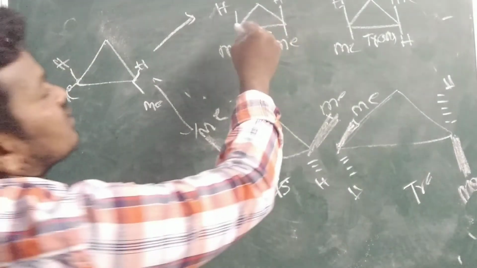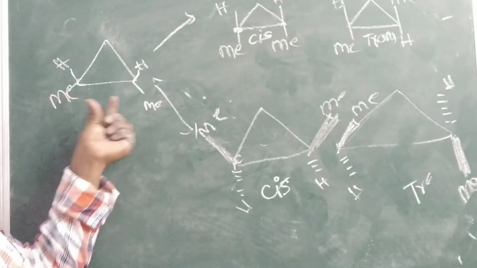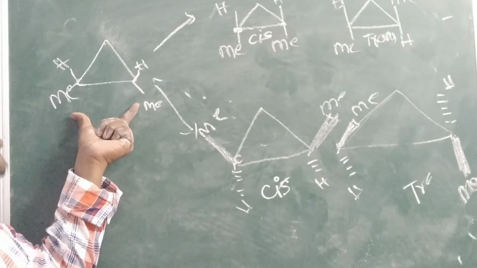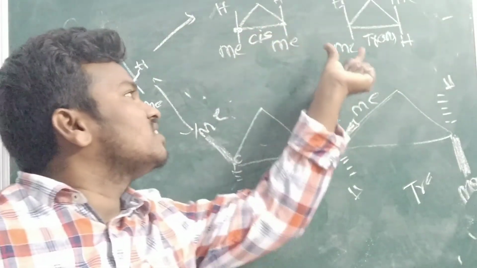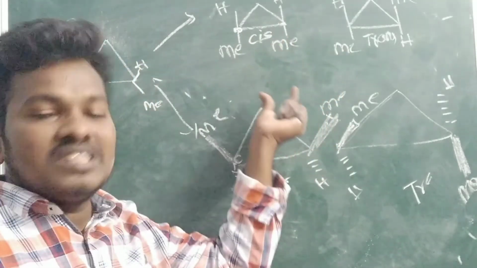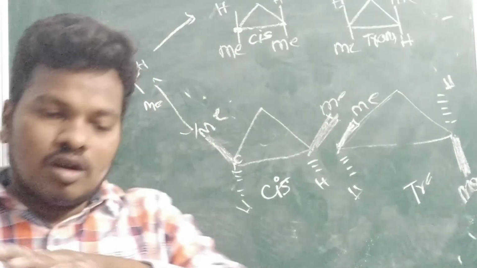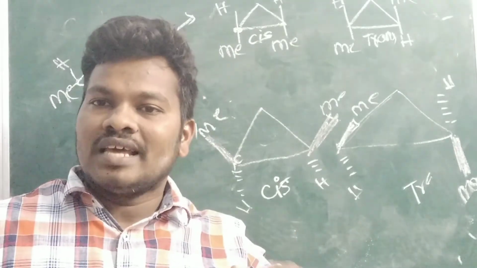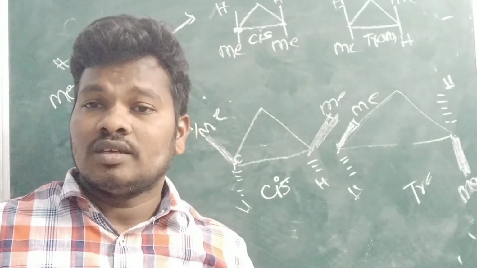One condition is that it is presented on different carbons. Here you can see the methyl group is presented on different carbons. By this you can obtain the cis and trans isomers. Within the plane you can see, these two are within the plane. Not all hydrogens should be in the plane. In the methyl group, methane, two are in the plane, one is out of the plane, the second one is within the plane.